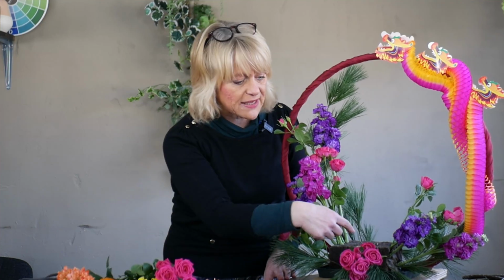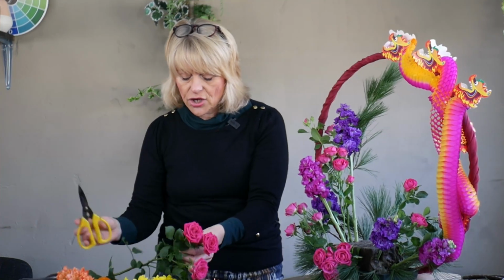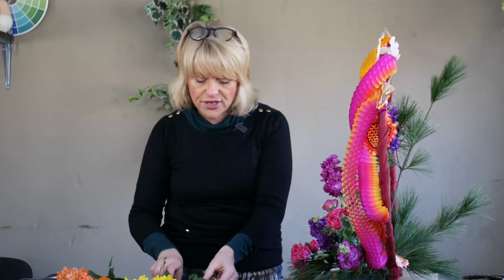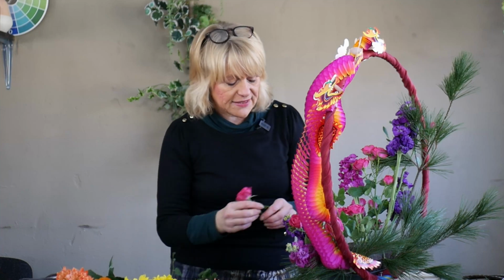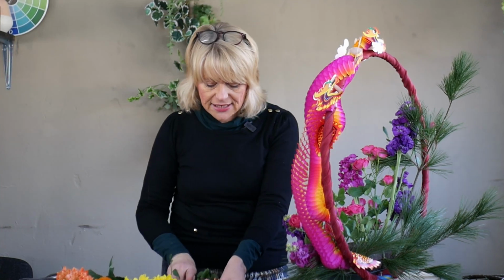And then I think the obvious gap now for my final cerise colour rose, this really hot pink, is going to be in the centre. Remembering to keep it quite low because I don't want to lose that crescent shape that I'm trying to create, and I don't want to over fill that centre part because I'm going to lose that rounded or that semicircle shape that I'm trying to get. So nice and low down,